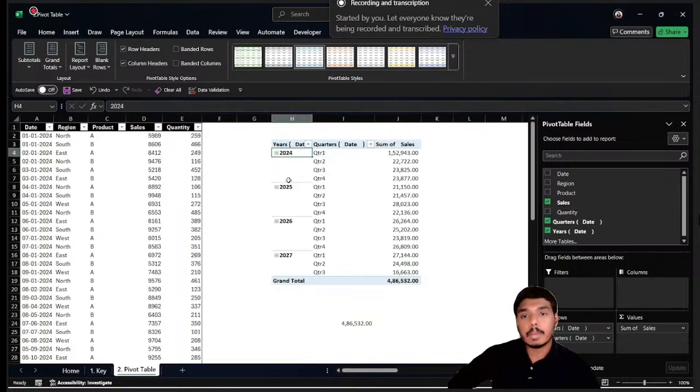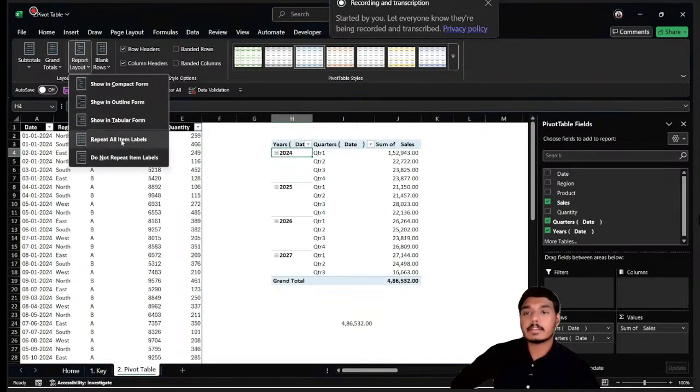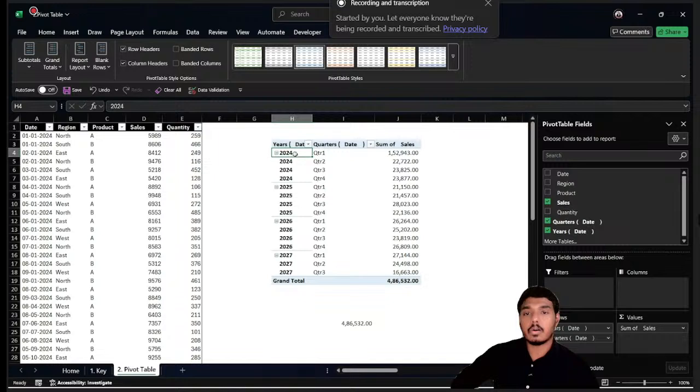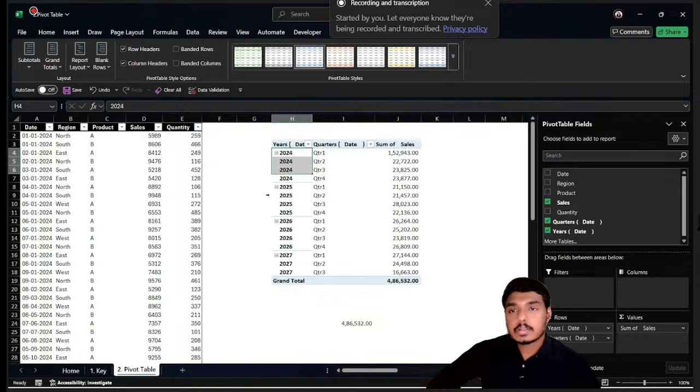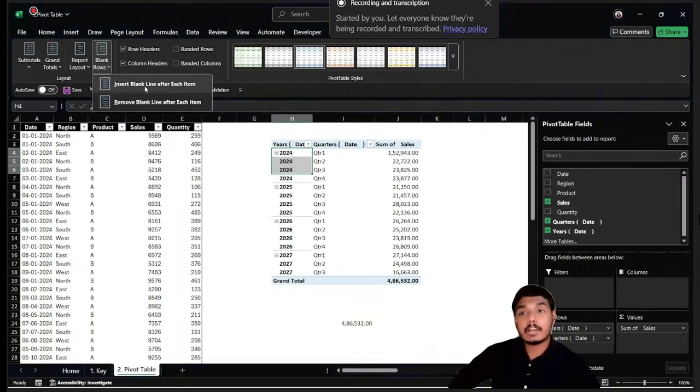So if I want to repeat all these labels, I can just go to the report layout and select this option, where all the quarters coming under year 24 will be labeled as 2024, again 2025, 2026. Okay. So these are certain design options, and over and above which I can actually add a blank row in